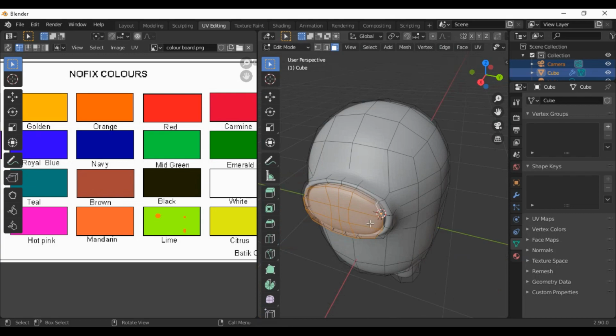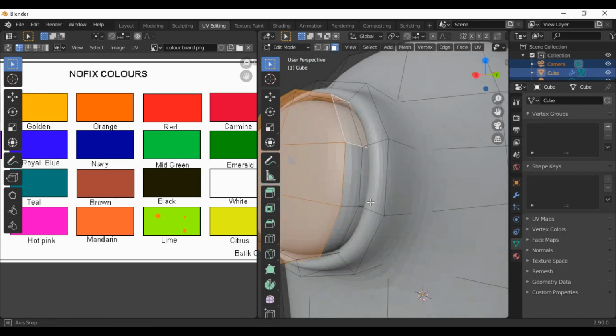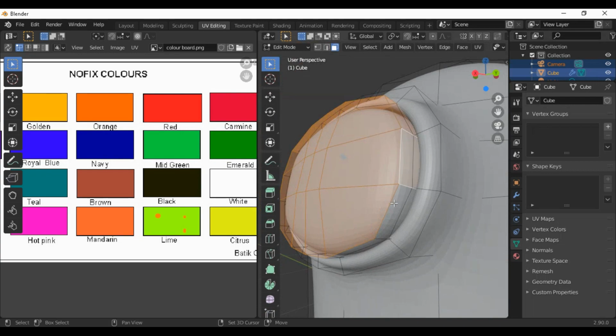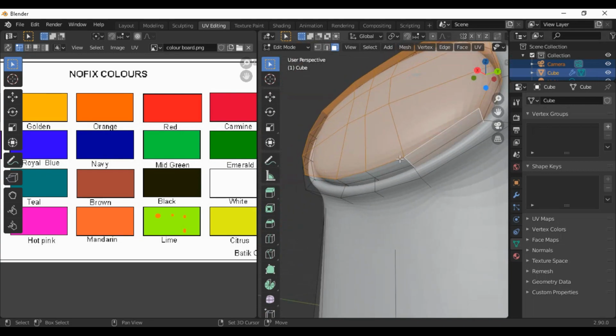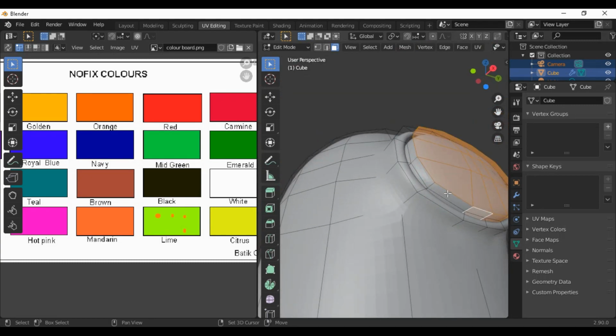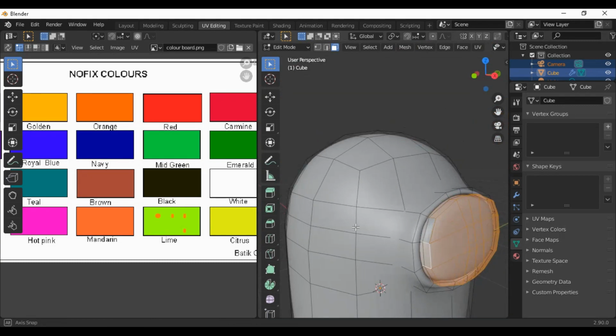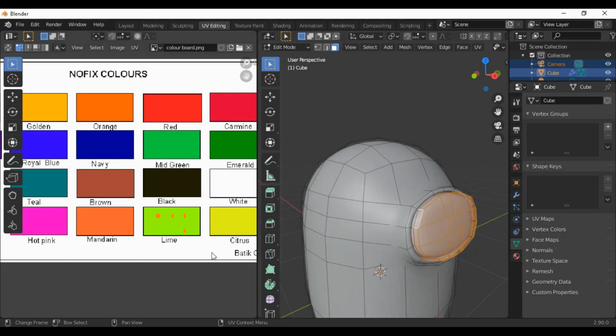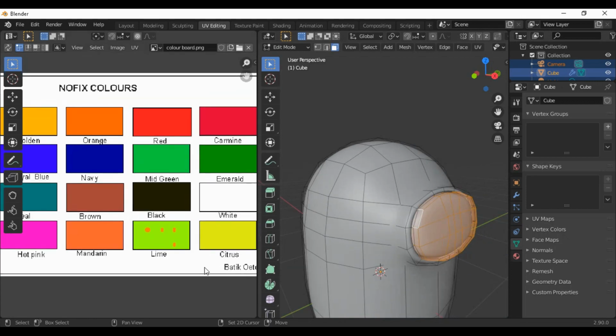Select faces. Okay, then drag these faces to the white box. Yes. Okay, scale it a little bit.